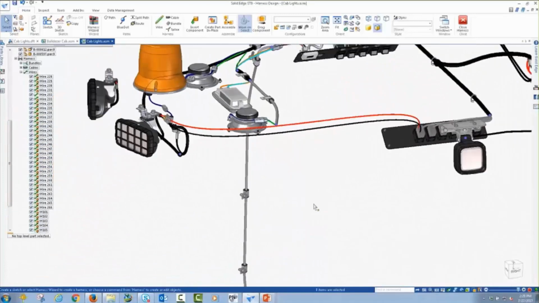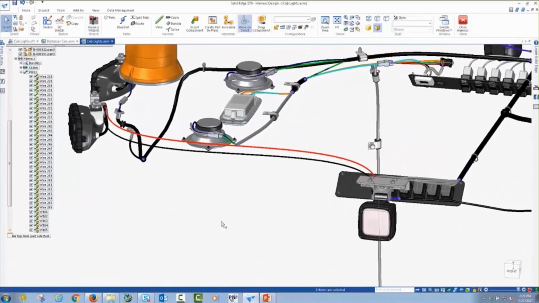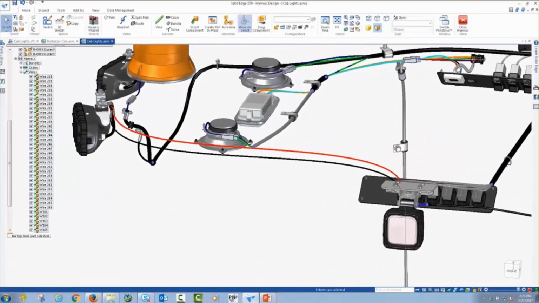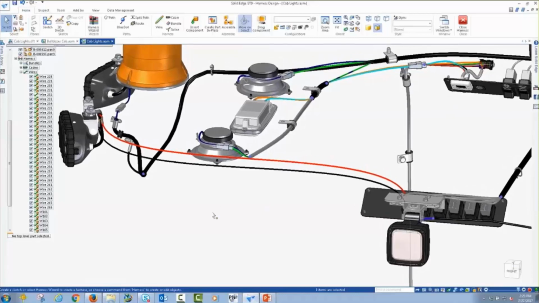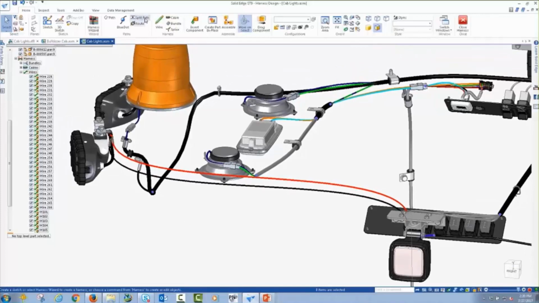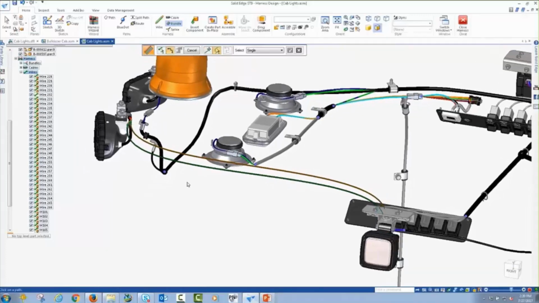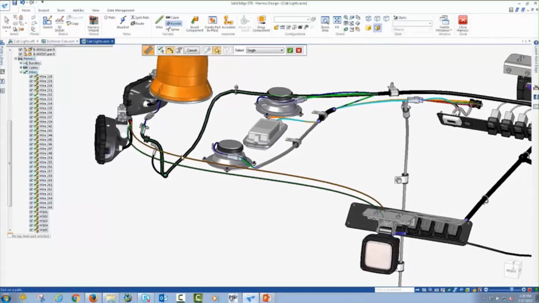As I zoom out and look at what we've done so far, you'll also notice some of the other work that we've done. It's very simple and easy to say, okay, I know it needs to go from this connection point to this connection point, but now that the wires are created, just like you saw me do a couple of minutes ago, I may want to take these wires and route them through an existing bundle. As you saw me do before, I can take our bundle feature. This one's a little more complicated, not as straightforward as the other one, but you'll notice I can take both the black and the red wire and route them not through just one section, but all the way around